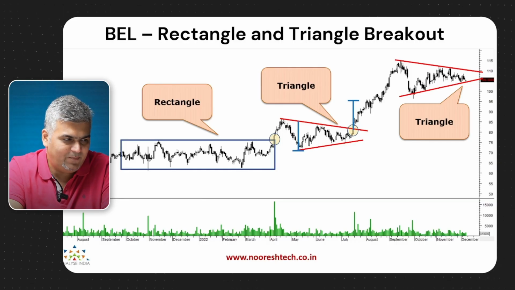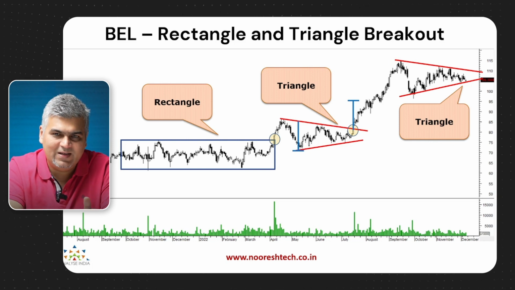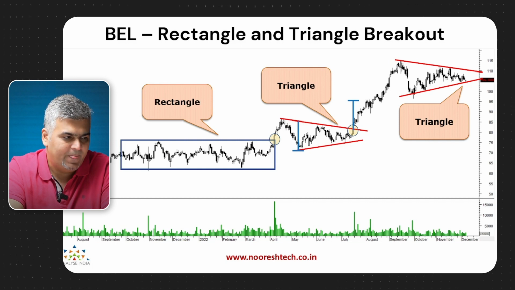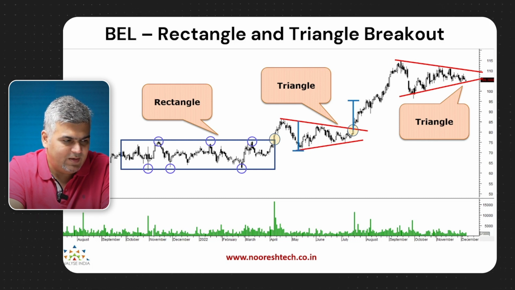Now look at this example. So this is a rectangle, or you could call it a sideways channel, for a stock called Bharat Electronics. Not an extreme small cap, but a decent enough mid cap to large cap. Now again, can you see multiple bottoms around the same prices, multiple tops around the same prices? Then it breaks out. Now look at this case, pretty huge volumes, almost the channel target got done. Then it consolidated and formed a triangle,